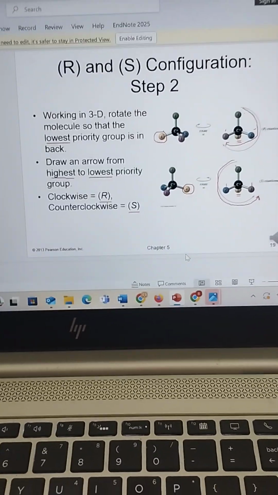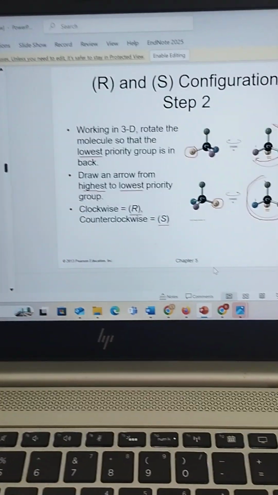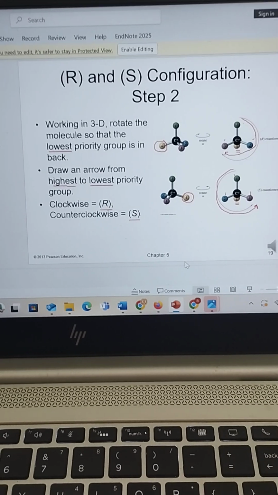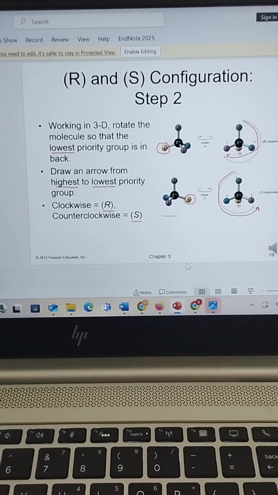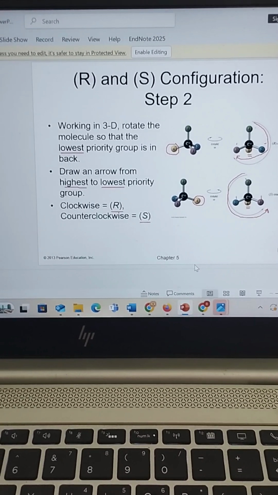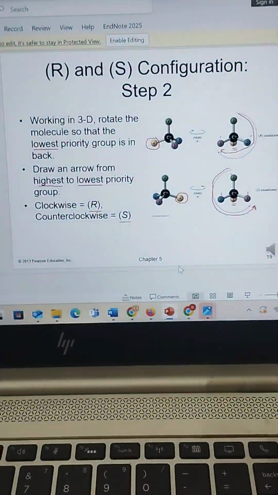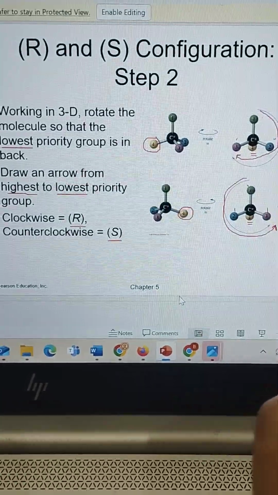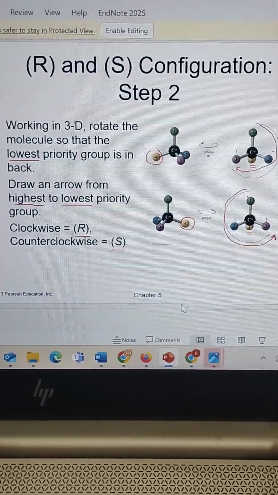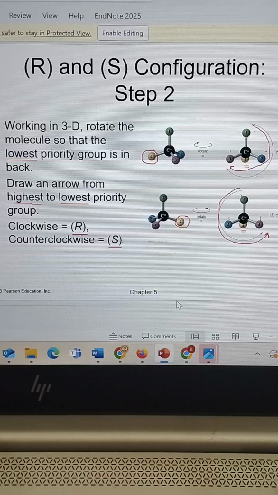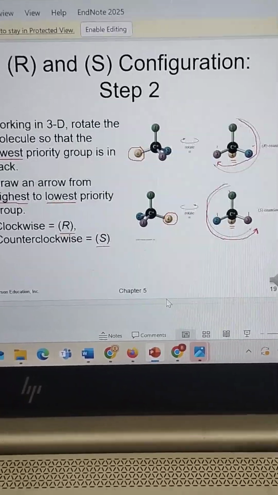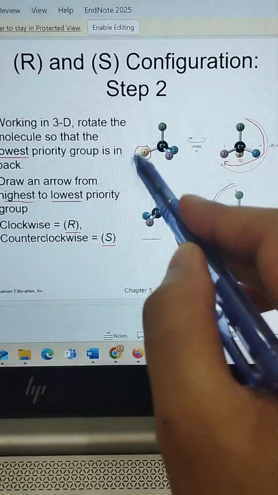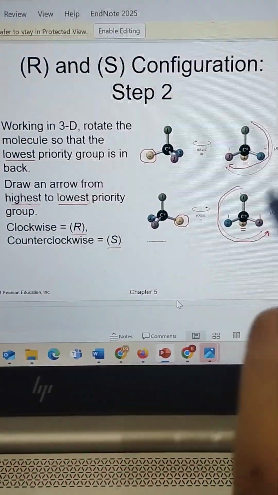So R and S configuration step 2: first we have to assign the numbering, and second we have to assign a clockwise or anti-clockwise direction. Let's suppose we have assigned 1, 2, 3, 4 like this, the priority groups, and then how will we draw the arrow? We have to draw the arrow from 1, 2, 3, 4 like this, and